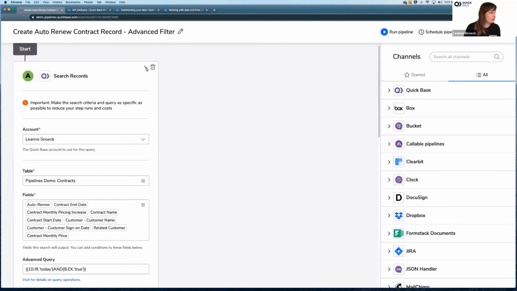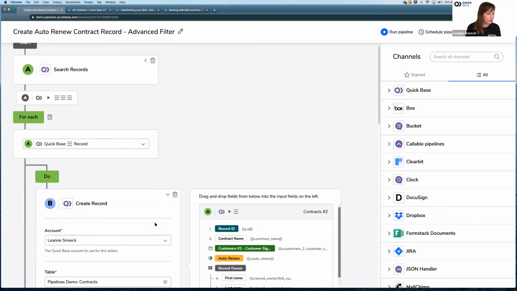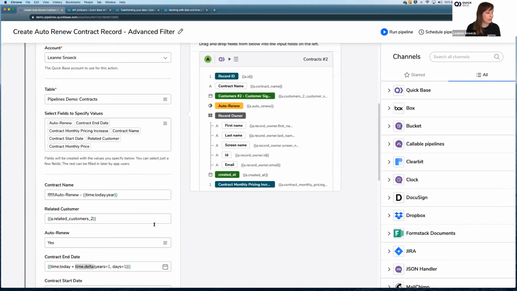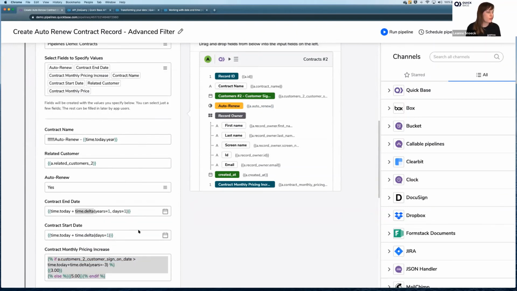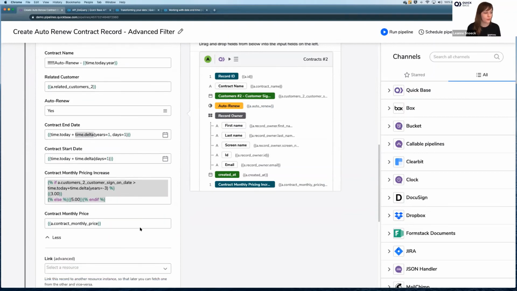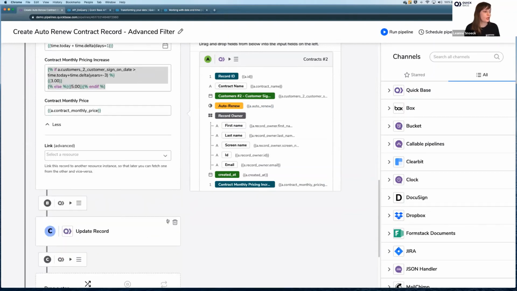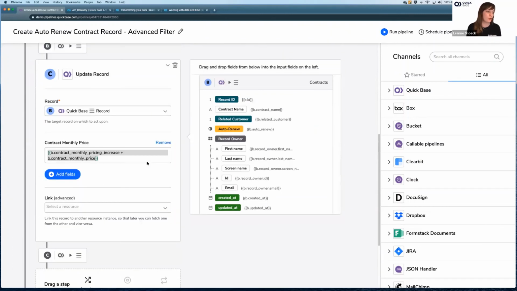We then had QuickBase take those records and create a new contract record for them, where we determined what the new year of the contract should be, what customer it should be related to, the new start and end dates, what our price increase should be. And finally, we used another step in our pipeline to update that price using the determined increase amount plus the